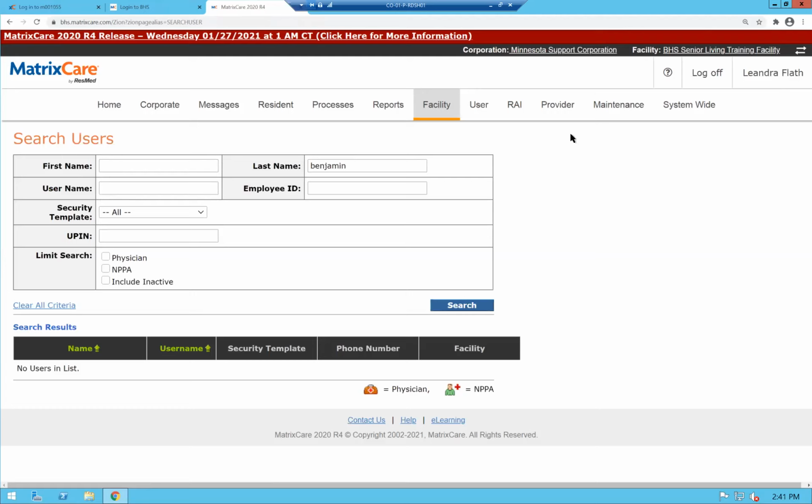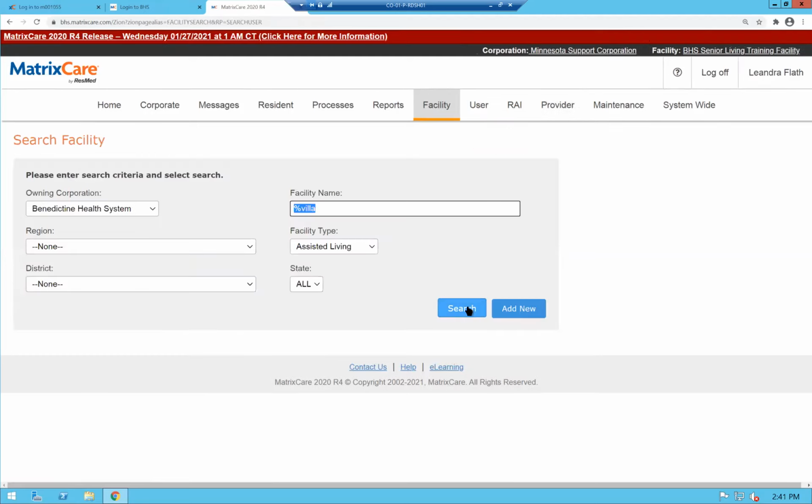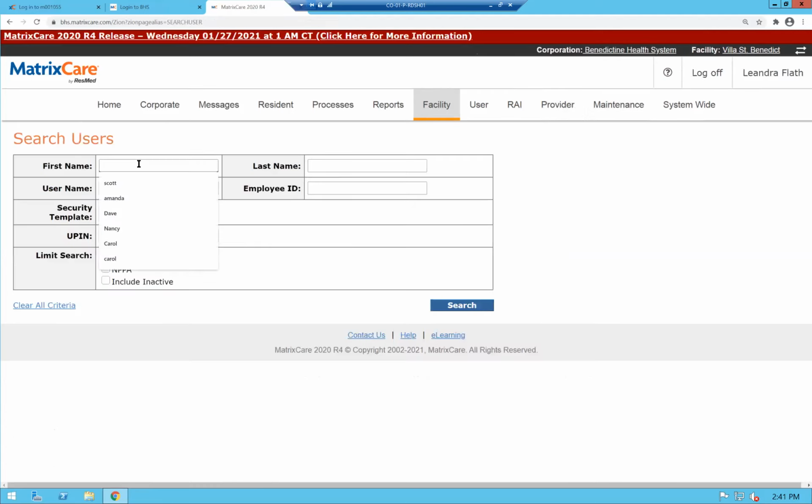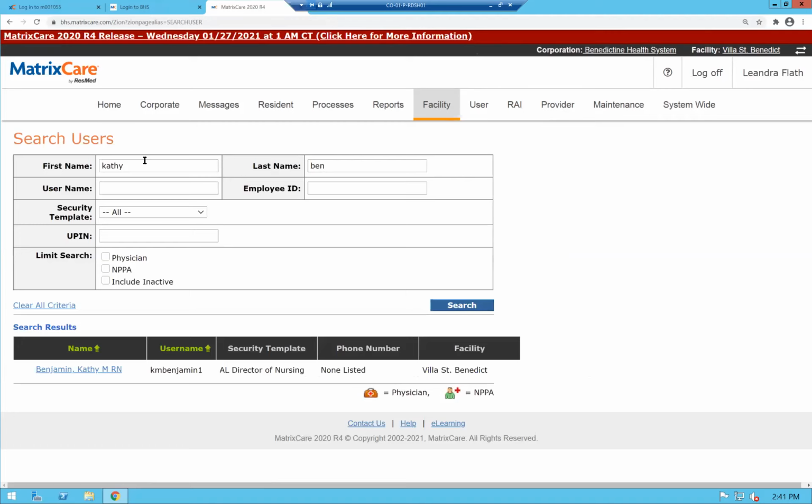Not seeing that. Oh, I'm in the wrong facility. That's why. You won't have to do that piece. Okay, so now I'm going to look for Kathy Benjamin. Okay, so there she is. So we can see here, Kathy has been set up. She has the particular security template, and she is assigned to the Villa of St. Benedict facility. When I go and I select her username,